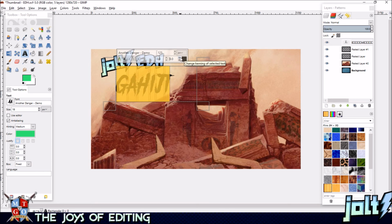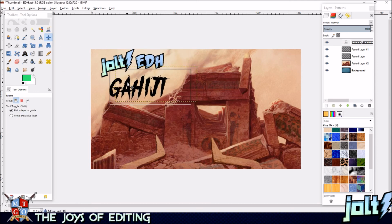So I think that looks good. One more. There we go. Alright, bumped it about 10. I'm going to go a little bit bigger. 128, that looks good. Alright, get the cursor tool, we're going to slide it over, and we're going to use